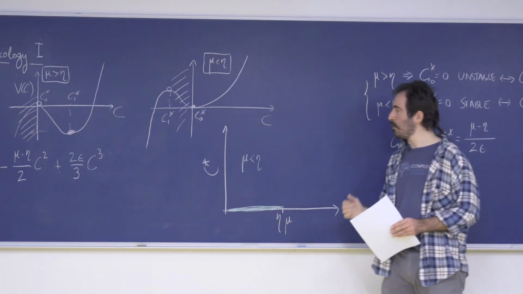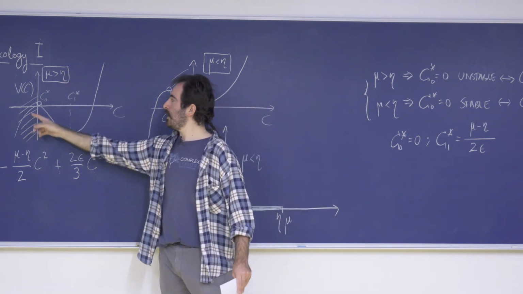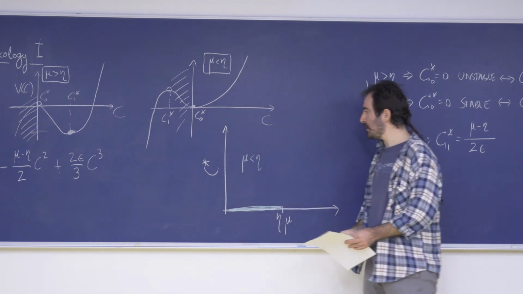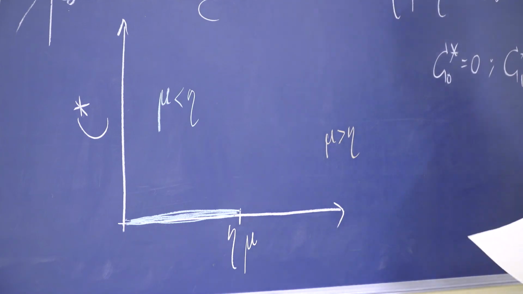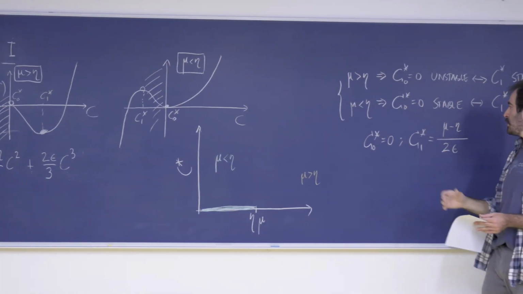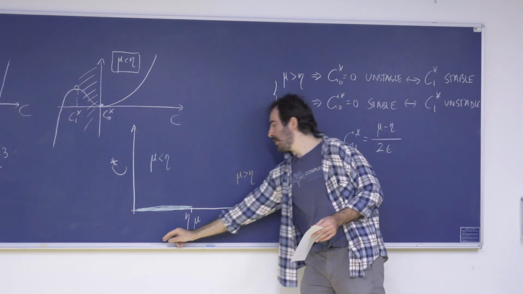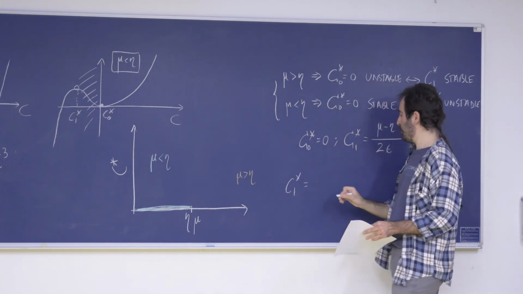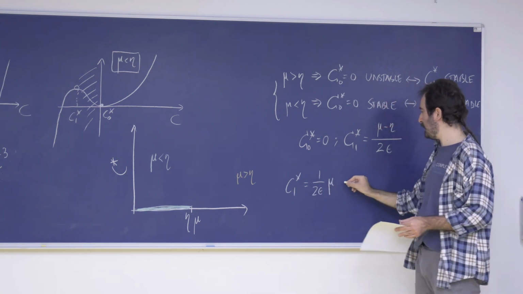What happens though for mu larger than eta? Now, we are going to be sitting at this particular situation right now. For mu larger than eta, what we know, let's write it like here, is that the governing or the actual stable fixed point is none other than C sub 1, right? Now, allow me to just rewrite C sub 1 over here, which is going to make things probably a little bit more clear. C sub 1 could be rewrote like that,